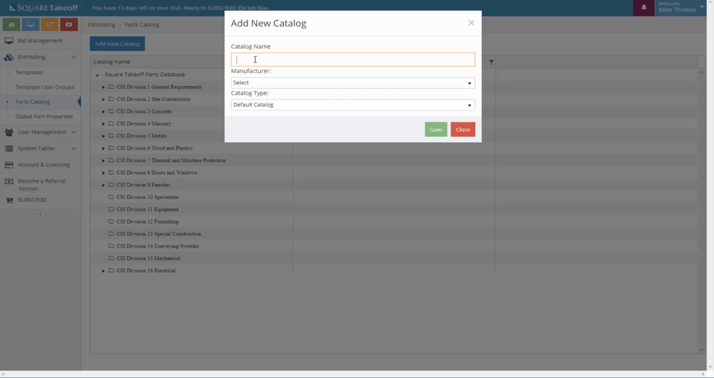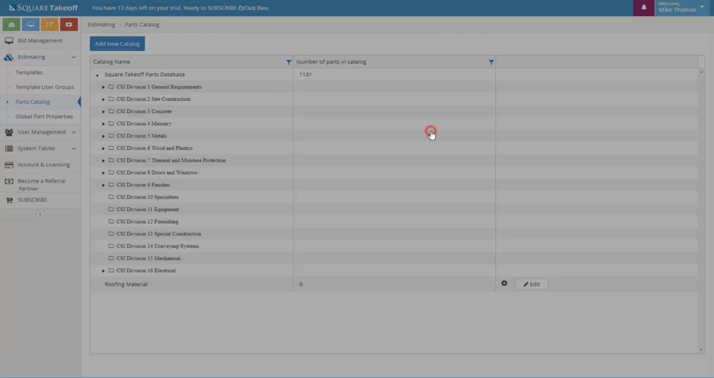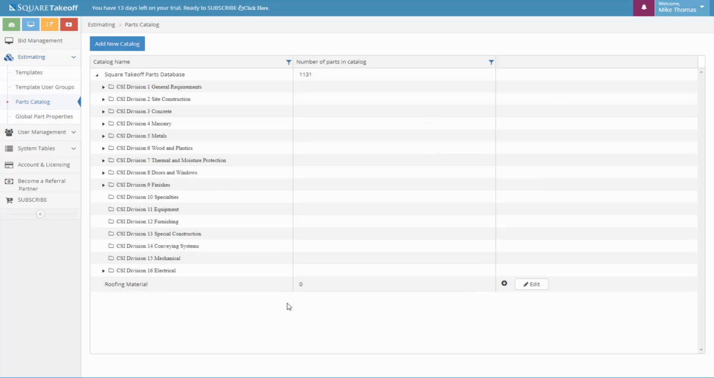Once selected, just enter the name of the catalog you would like to create. Once entered, select Save. You will now see the parts catalog appear. From here, you can add folders or parts as sub-items to the catalog. For today's training, I'm going to create a folder by selecting the plus icon to the left of our catalog